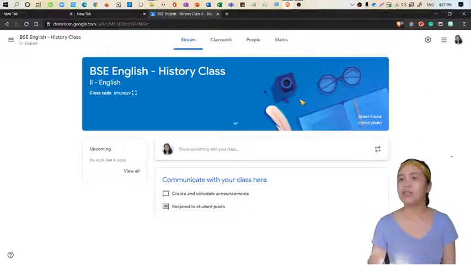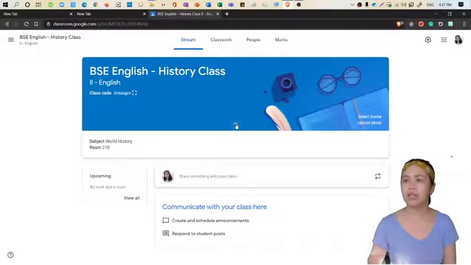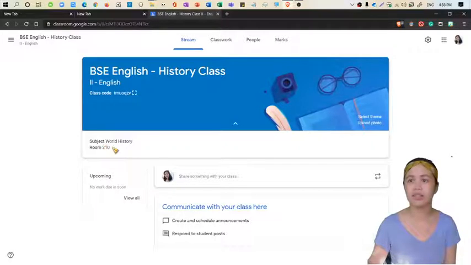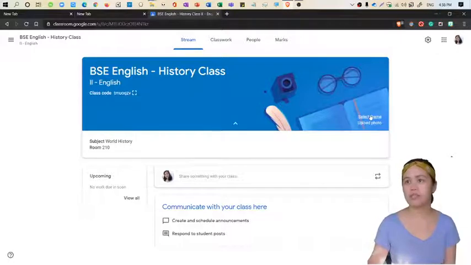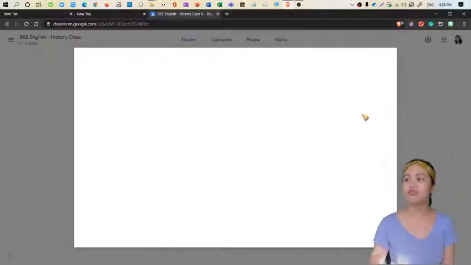Ayan. Dito din sa homepage natin sa stream, merong arrow down. Ayan, that will give you the details of your subject and then yung room. And then you also have the option to select a theme for your class. So, ito, since okay naman, match naman yung book, tsaka yung quill, tsaka yung ink, and then yung eyeglasses sa history, I won't change that, but I'm going to show you what are the other